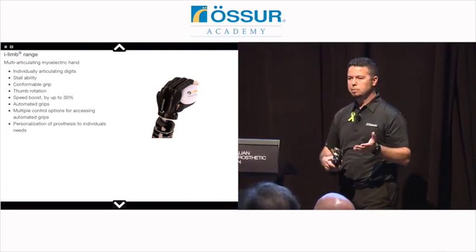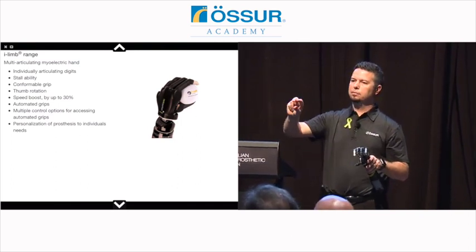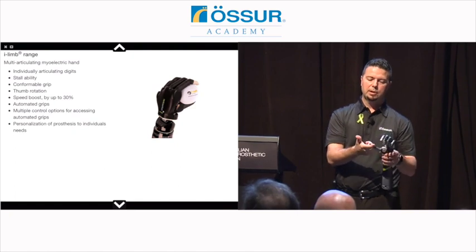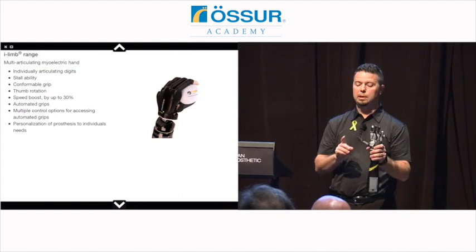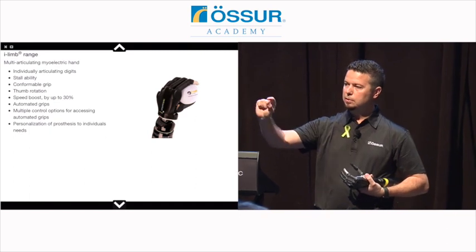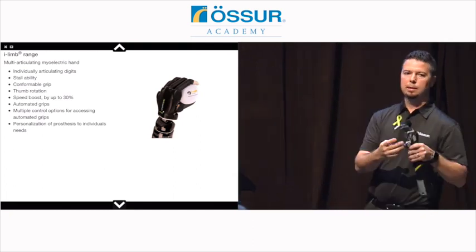Thumb rotation. This wasn't possible with those early hands because we had one motor and it drove the thumb, index, and middle together for that pinch. So there was no way to get out of anything other than a tripod pinch. With a motor in each finger, we can actually manually move this thumb, and we actually have a powered thumb rotation now too, but we can move the thumb to different positions because in the human hand, we have key pinch or a lateral pinch, we have tip to tip, and we have tripod pinch. And because of that rotation, you can achieve each of those pinches of the human hand with that rotation of